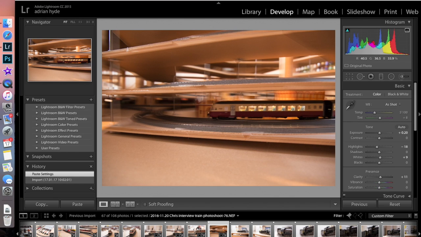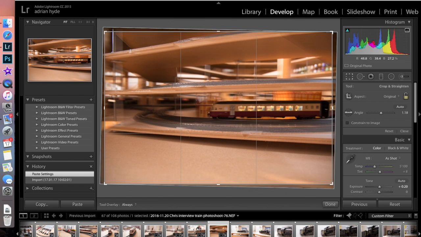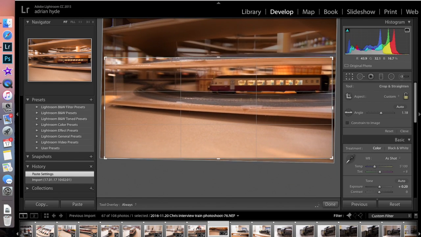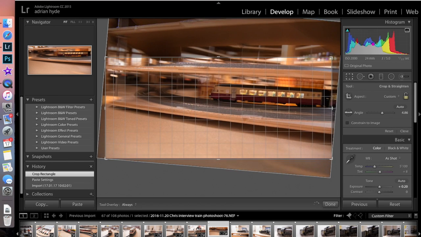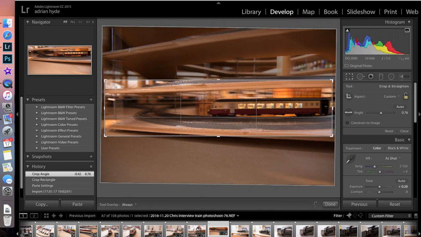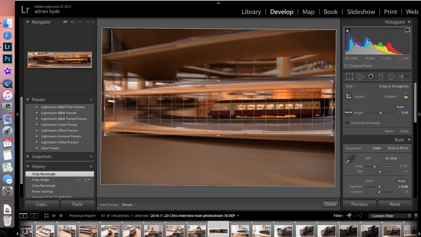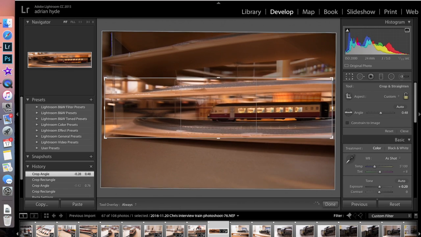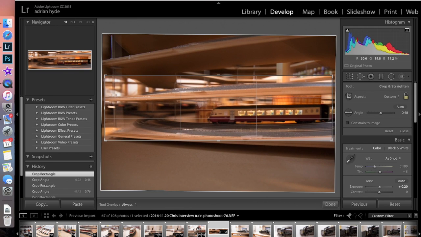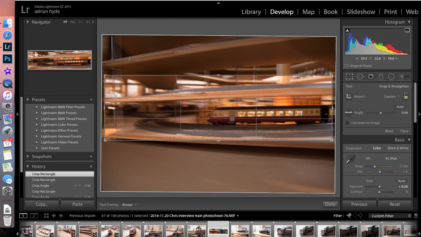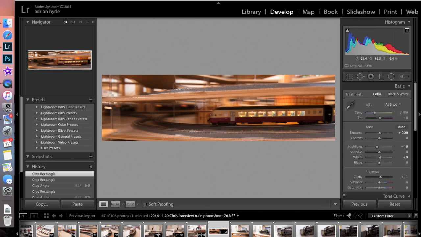Perhaps I crop it a little bit more. Show where it's come from, where it's going to. Maybe that will. I know it's not brilliant, but